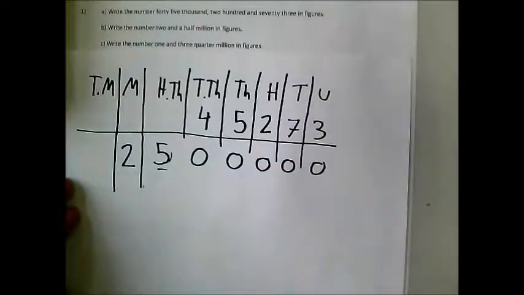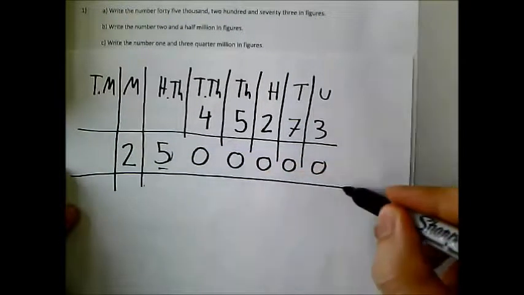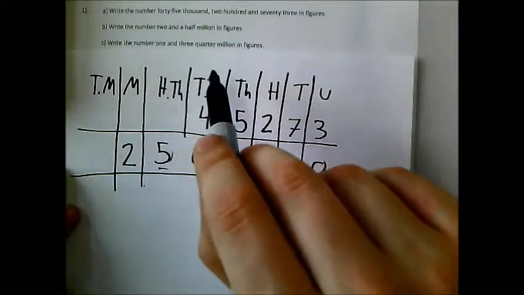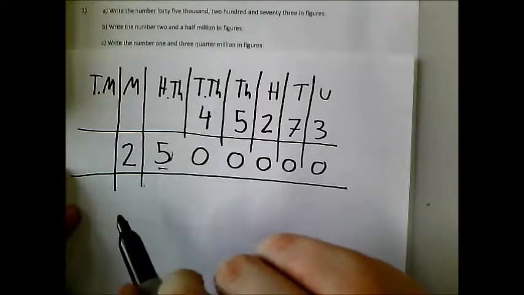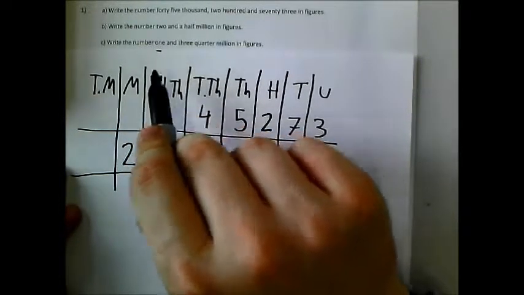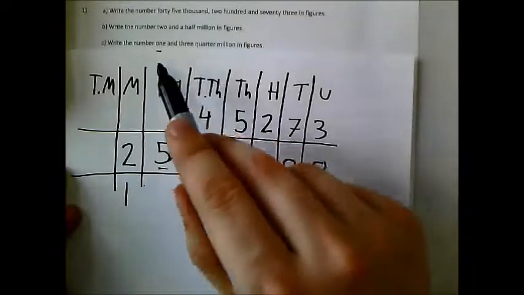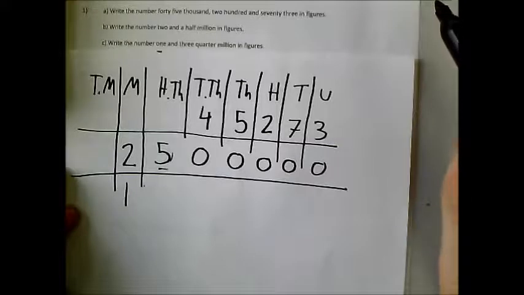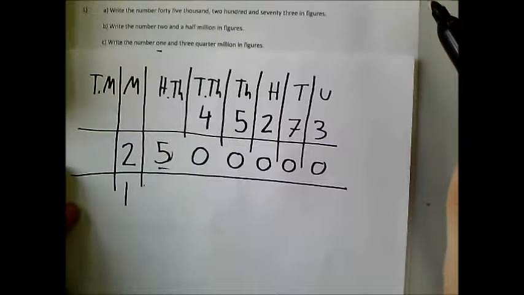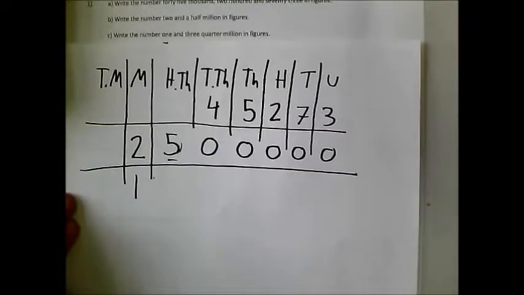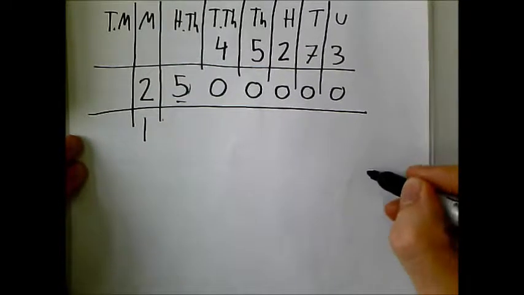Okay, number 3. Write the number 1.75 million in figures. So I want 1 million, so 1 in the millions column, and then I want 750,000. Now this one's a little bit trickier, and the best way to describe this, if I do a little circle,